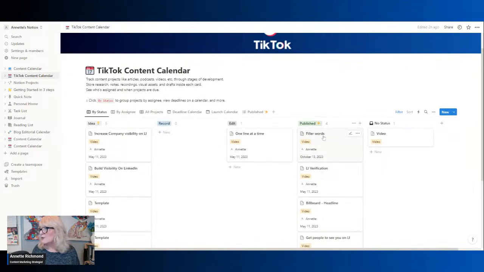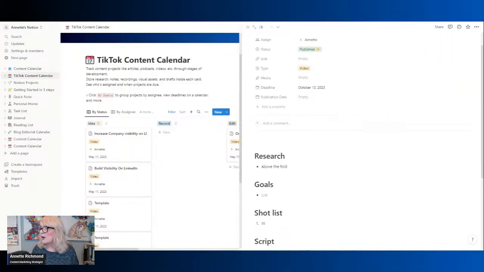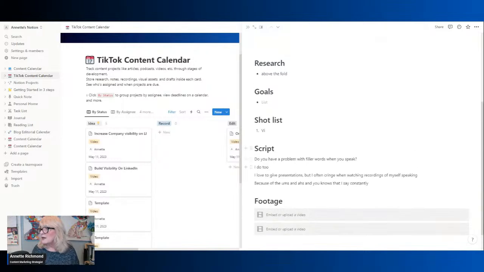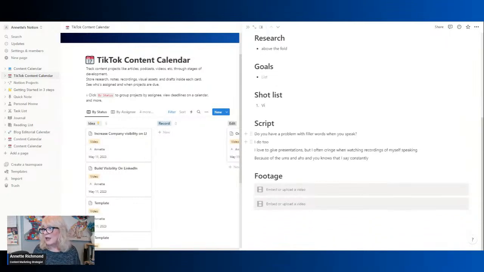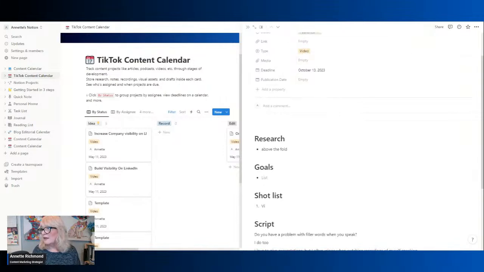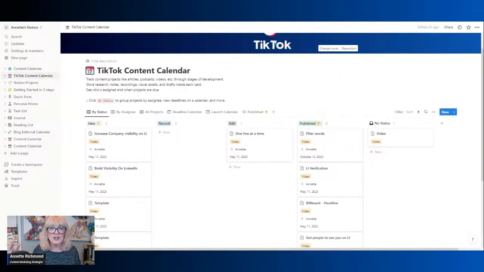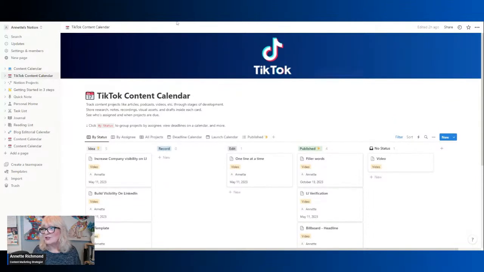And now here's what I want to show you. This is where I put my script. So you can see the script is here. So when I put in my ideas here, I create my scripts and put them in here, and then I sit down and just record a bunch of them at the same time. Again, this is a free app. I know there's a paid version, but free is working good for me right now.